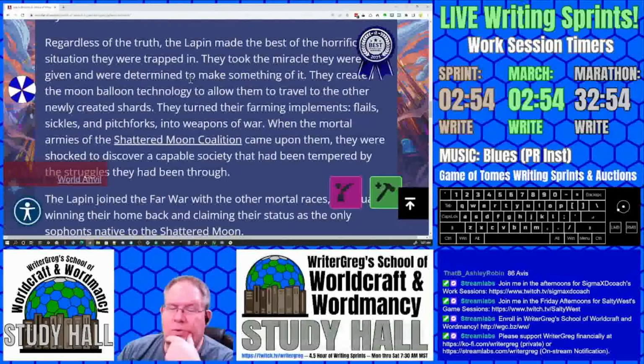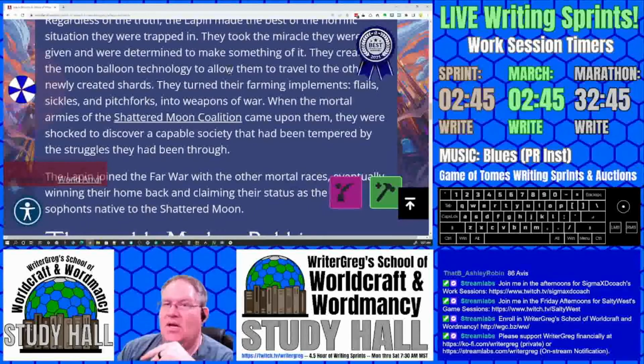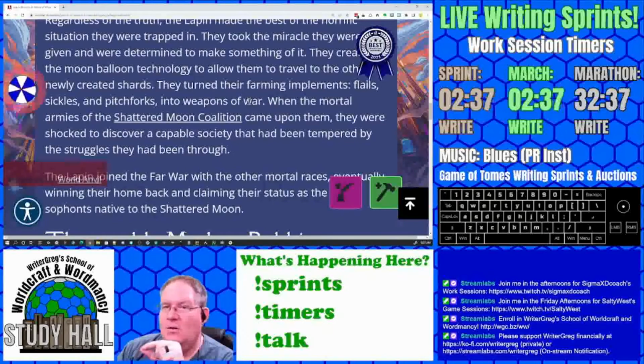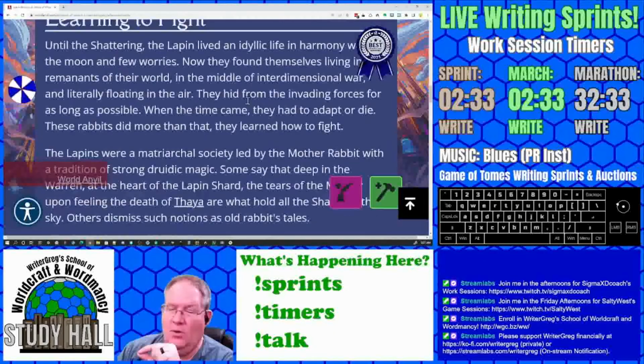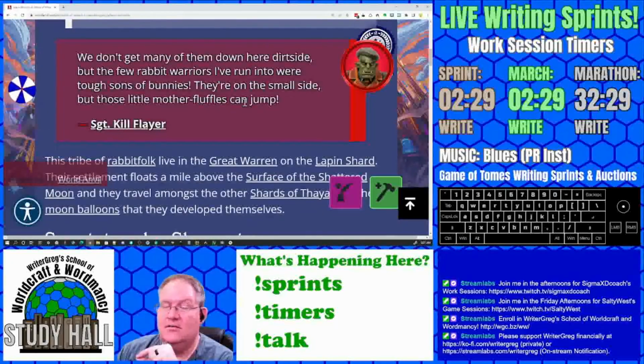So I'm just wondering, as you're describing the Lapin, what is the midpoint that turned them from scared bunnies in a warren to fierce warriors that earned the respect of the orc at the beginning of the article, Sergeant Killflayer?